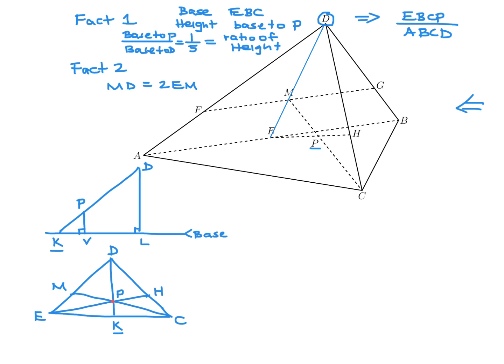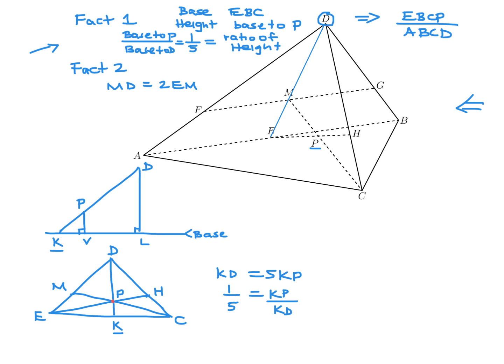Now, according to our fact up here, where is it? Yeah, this guy. We have that this KD is equal to 5 KP, because KP over KD is equal to 1 over 5. So that